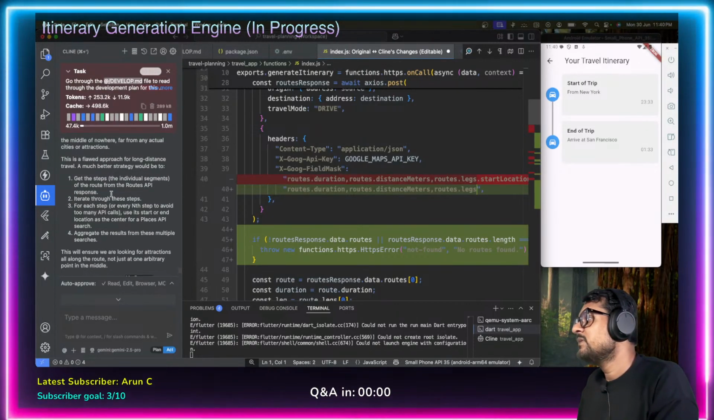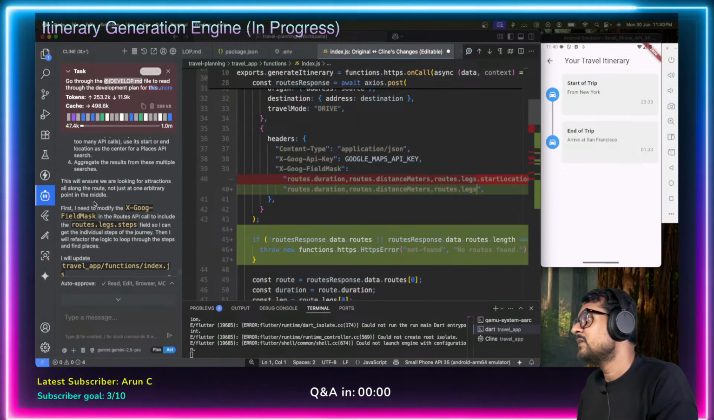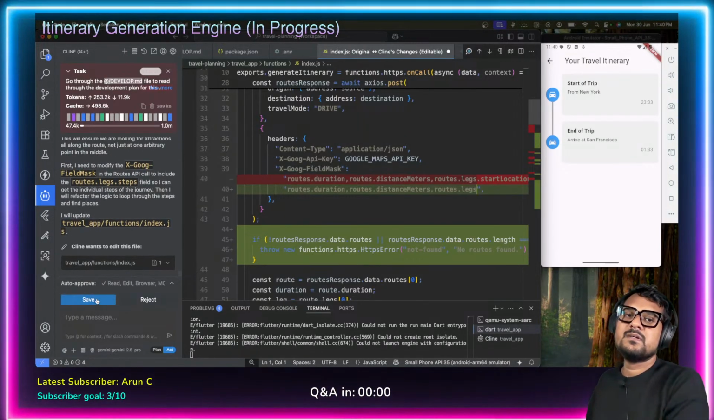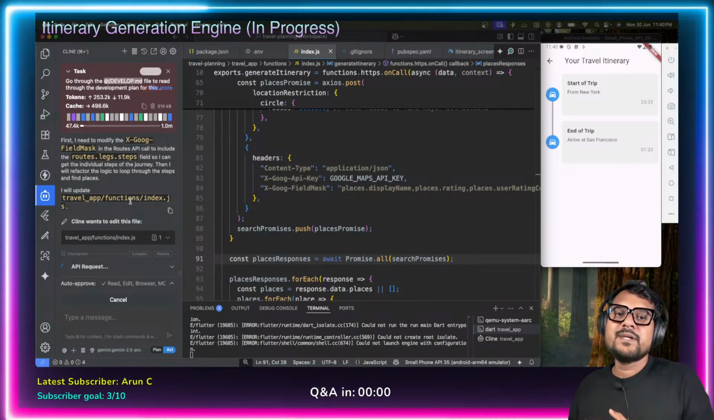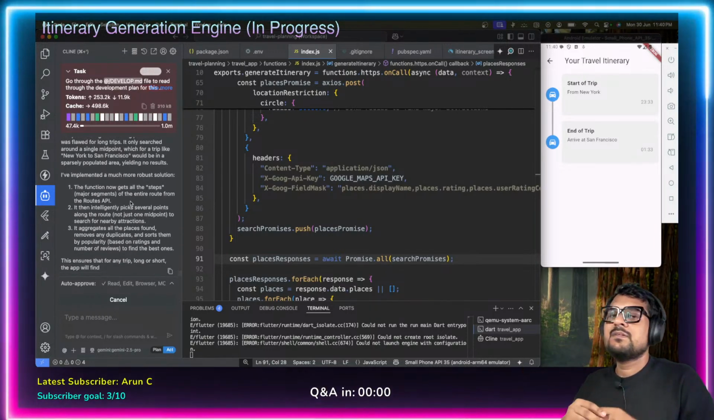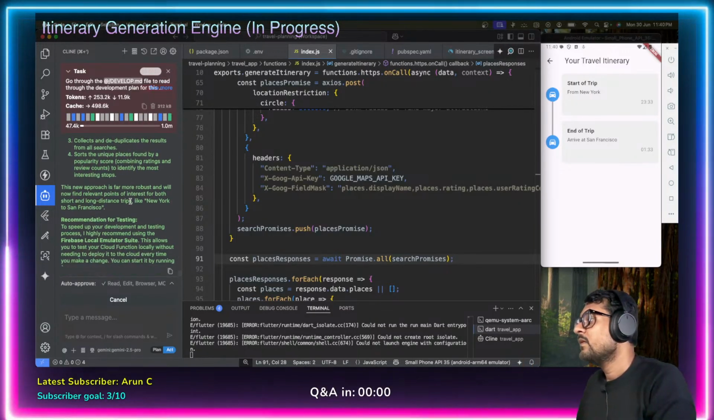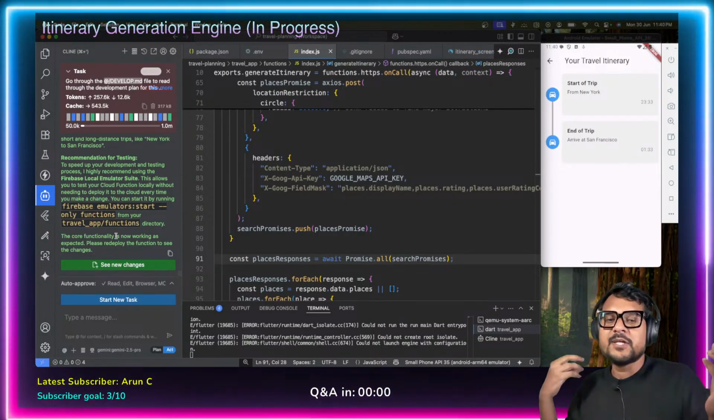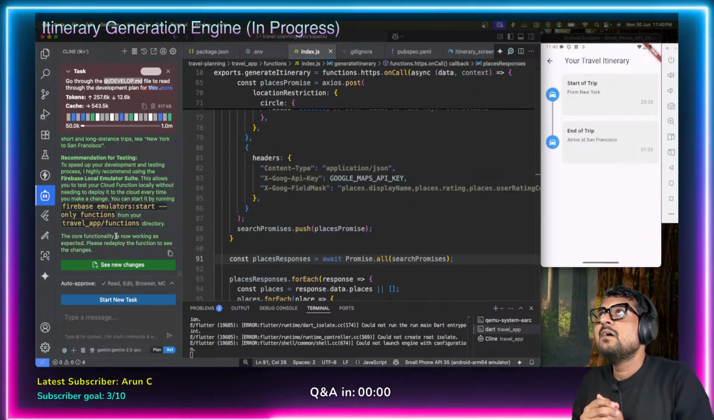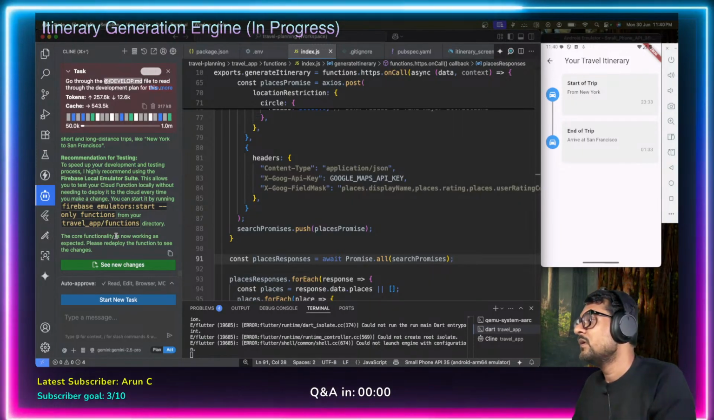A much better strategy would be to get the steps and iterate through these steps. For each step, use the start and end as the center of a place search, aggregate the results from multiple searches, and so on, and it has implemented its new algorithm. And now we are going to test this new algorithm, which works across continental distances, right? So maybe it was a bit over ambitious for me to test between these long distances. I should have maybe tested short distances only. So anyways,